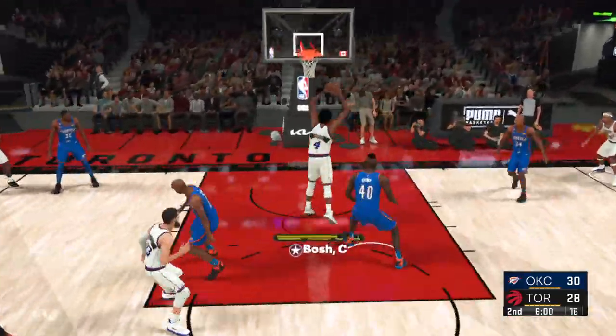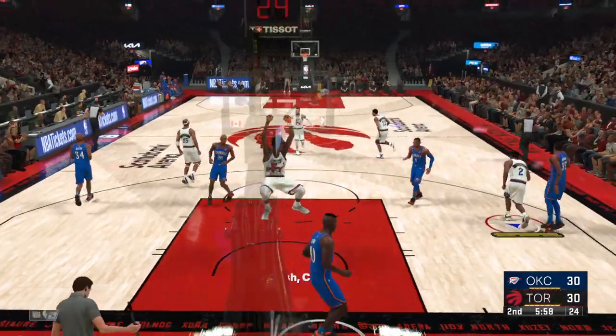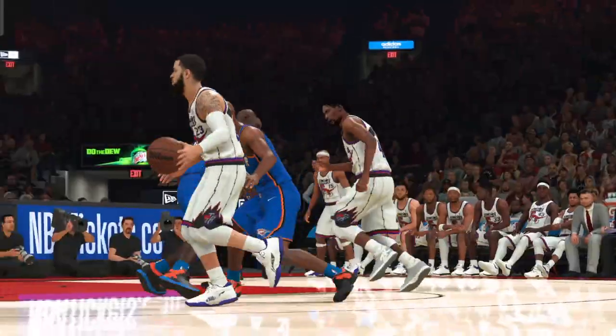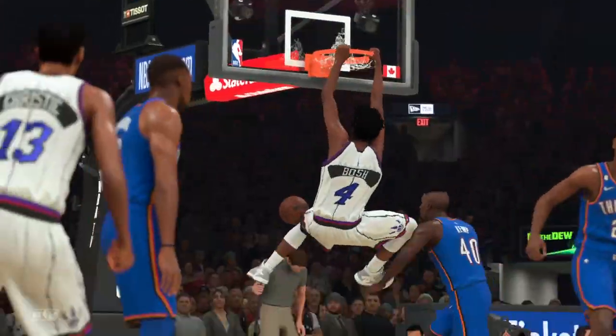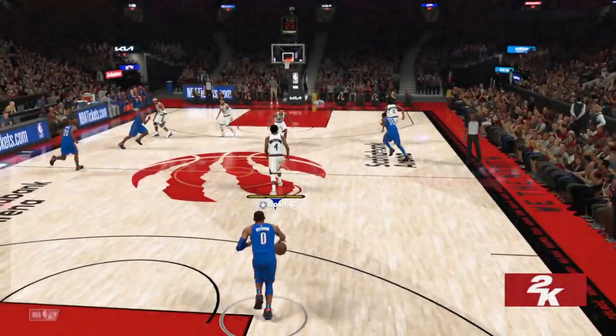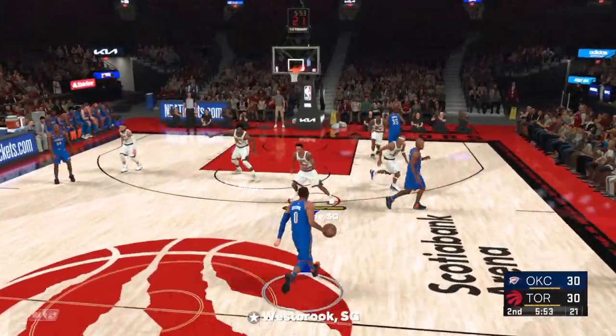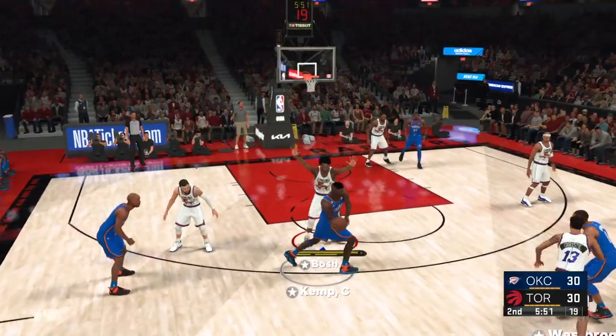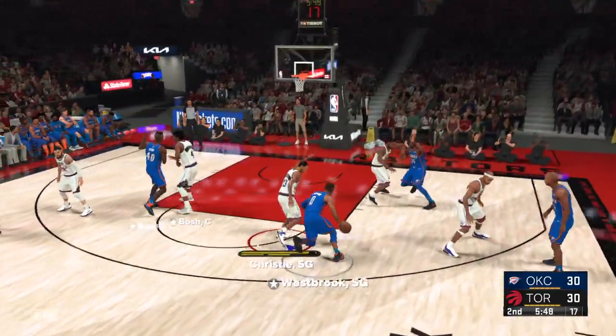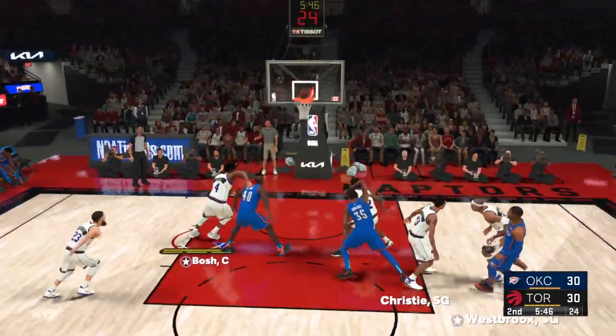VanVleet against Payton. Here's Bosh. And Chris Bosh with the slam. Those plays can make a difference in a game like this. Well, you know it's going to fire up, Greg, everybody on that bench. And you can feel the jolt of energy that he sent through his team. That is a huge boost in a tight game like this.